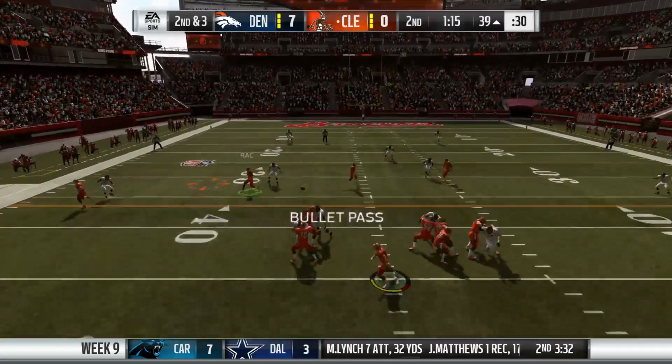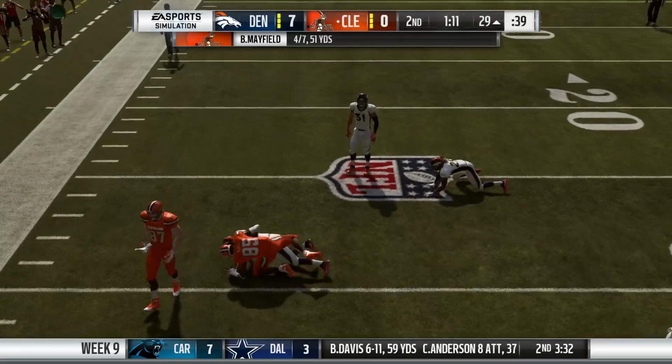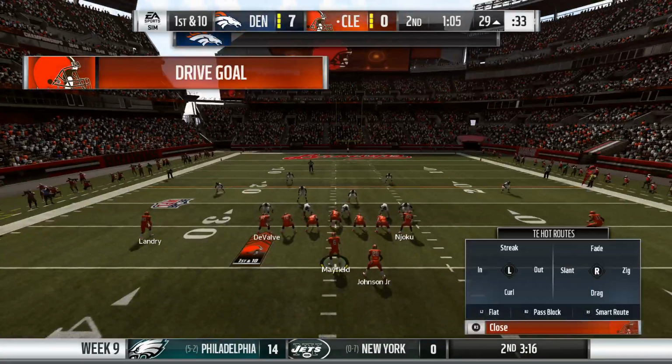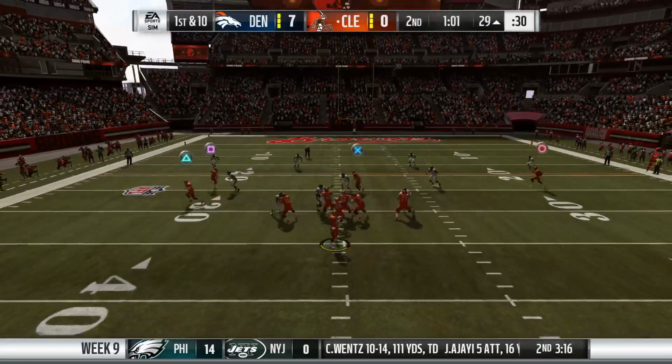Mayfield now on 2nd down. Throw left side, caught by the tight end Njoku. And he's going to get this inside the 30. Give him 10 yards there as this offense is on a roll. This drive continues to plunge forward. On 1st and 10,